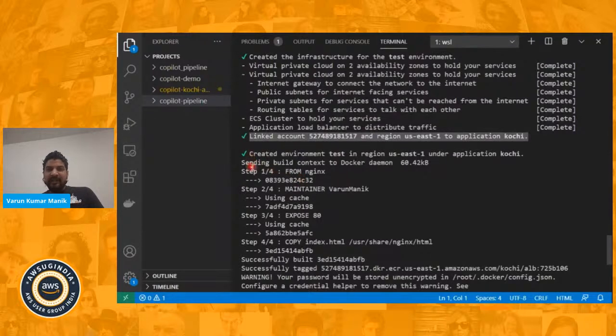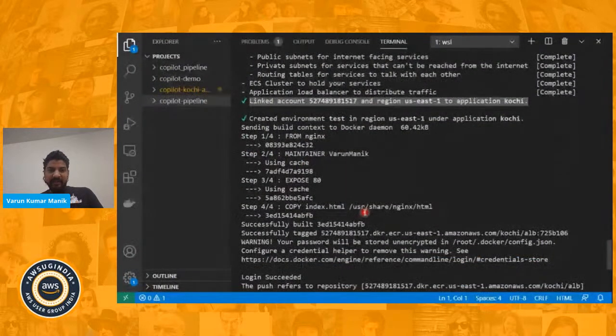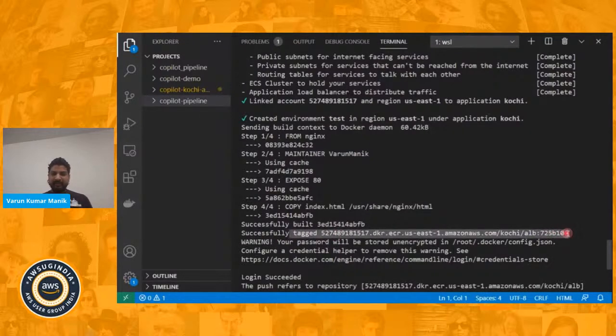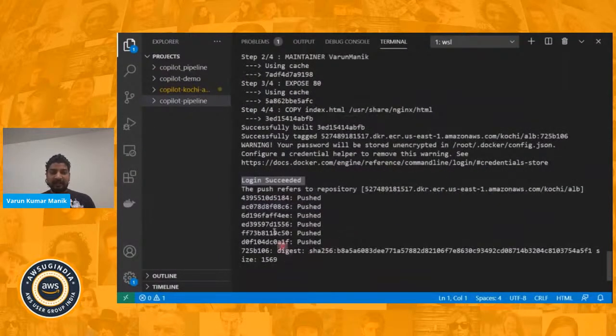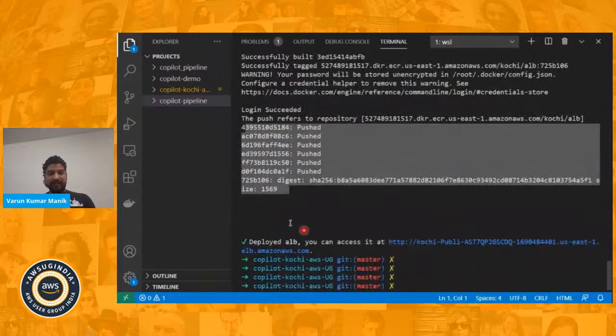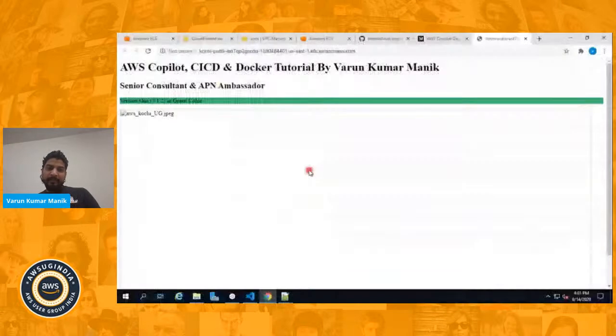Now it is creating the Docker container, the Docker image, and this image is successfully built with this particular ID. Then it is successfully tagged with my ECR repository. Those people who are familiar with Docker can understand. Then it is already logged in successfully to my ECR repository, and it is now pushing. Once it is pushed successfully, I can see this ALB, the URL of my load balancer, the front end load balancer. I can click over there with the control button and open it, and I can see this is the newly created